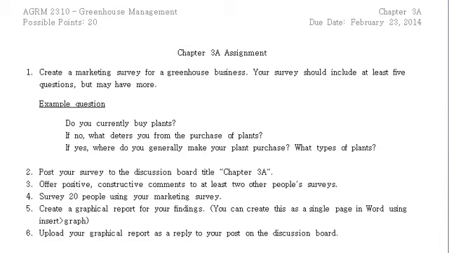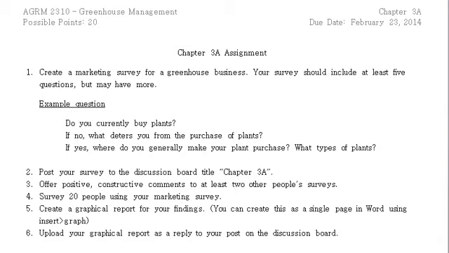You want to come up with 5 questions that you could potentially give to customers to identify their needs. If you look in the chapter, there's more information on situational analysis, I think page 2. Yep, page 2 looks at customer surveys to give you a little more ideas. But you want to think of questions that, if you were a greenhouse manager, you would want to ask your customers.